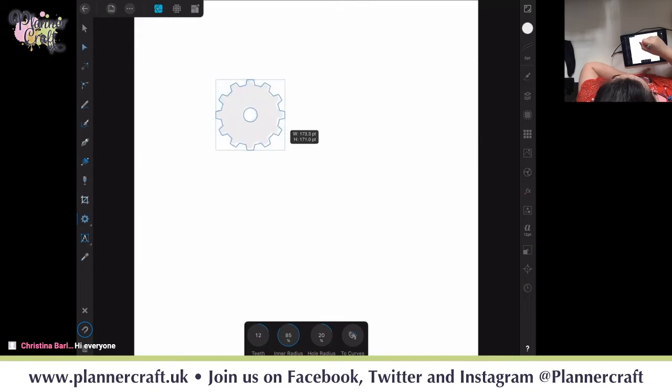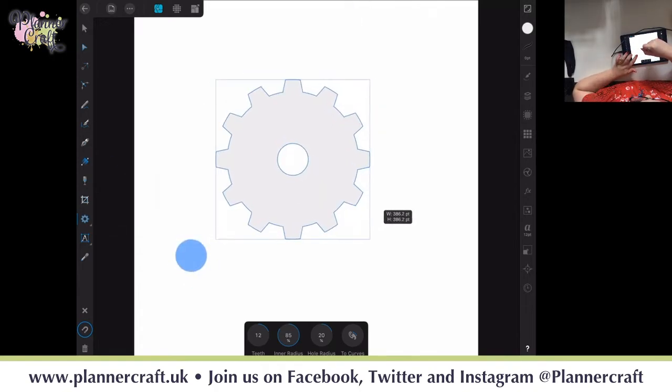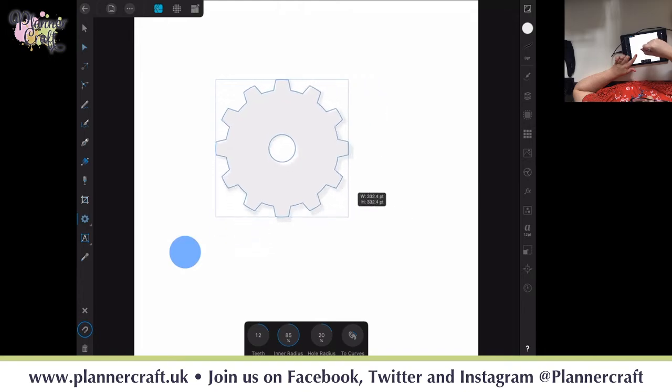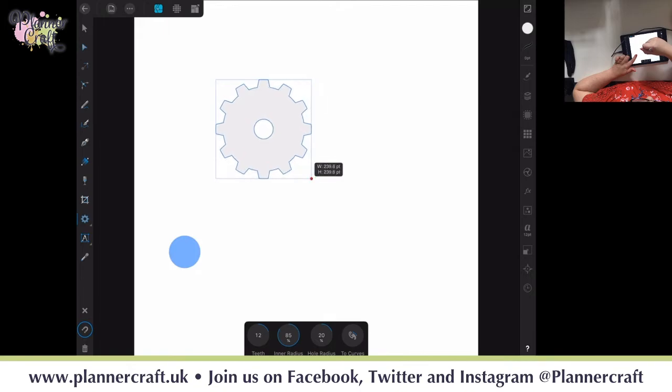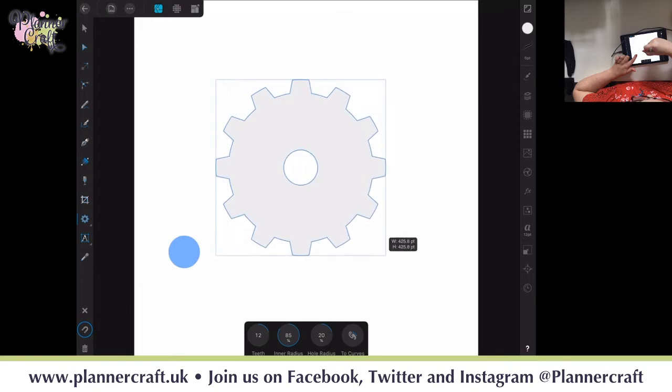We're going to draw our cog by clicking the top left and dragging down to the bottom right, and on your iPad, if you press one finger onto the screen at the same time as your pen, or if you are using your finger, it's two fingers on your iPad or on your tablet, you can constrain to a point. Leave your finger on there until you've released your drawing finger or stylus. Okay,